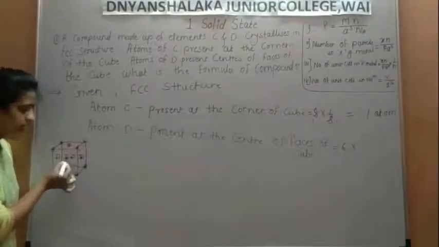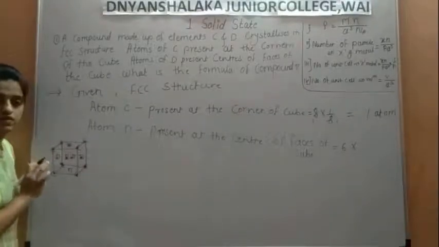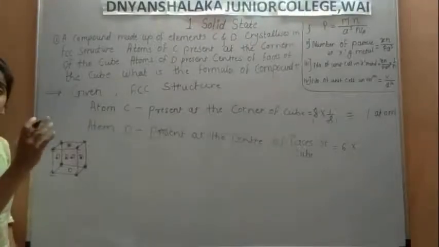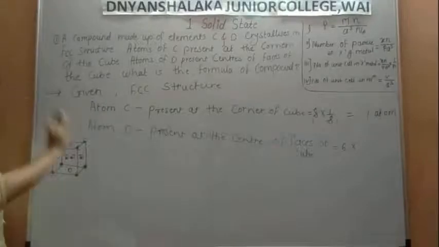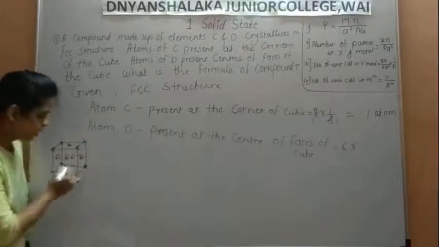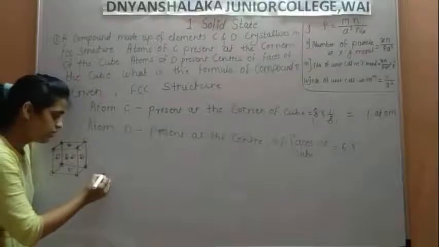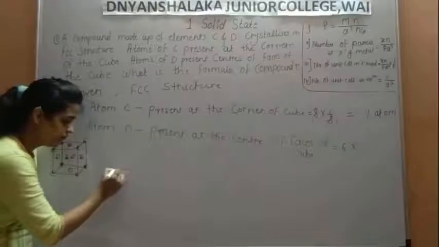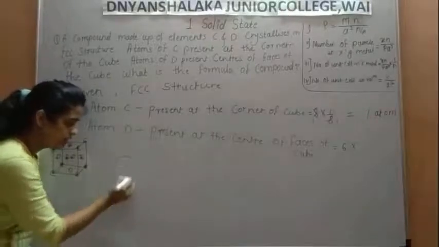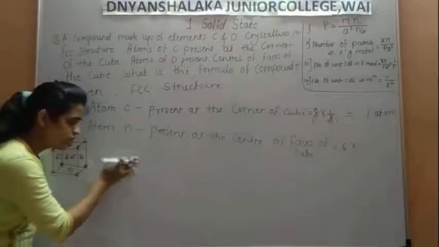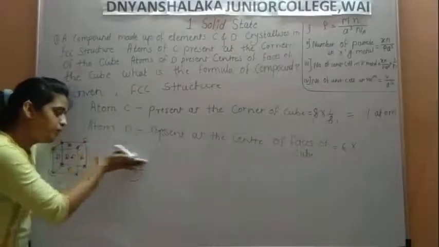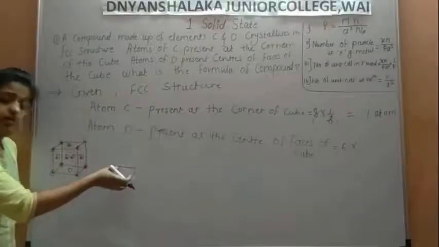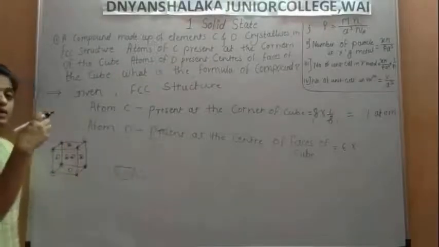This cube has 6 faces, and each face has one atom. So this one atom has only half portion inside this cube. Only half portion is inside this cube. So this is the half portion, the upper half portion inside the cube, and this half portion is the upper part of this cube,